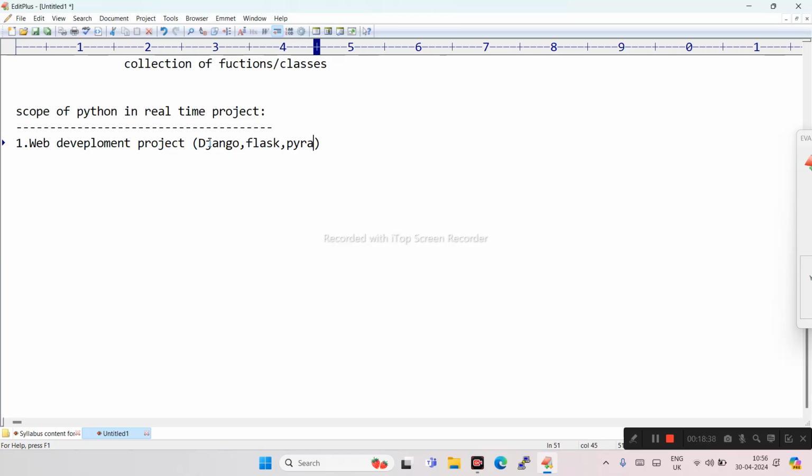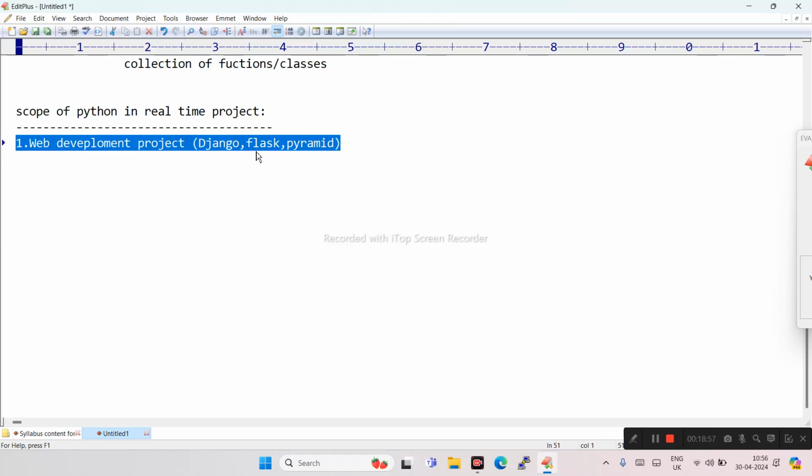These are some web frameworks to create websites and develop web development projects. This is the primary one; most of the time we are using Python in web development projects.